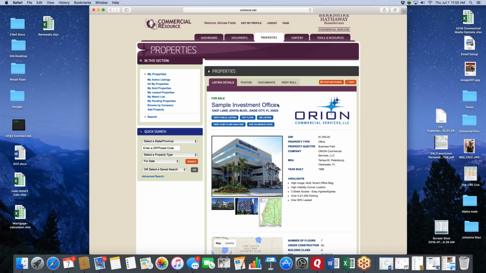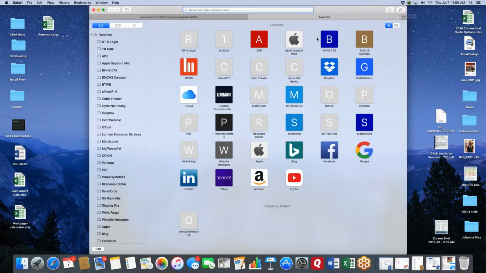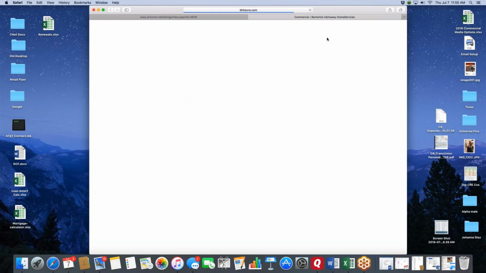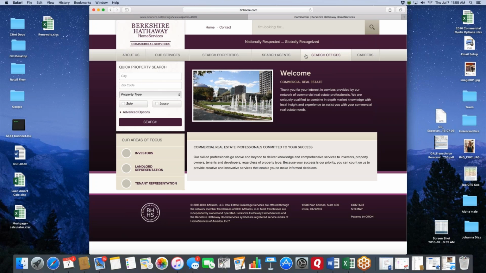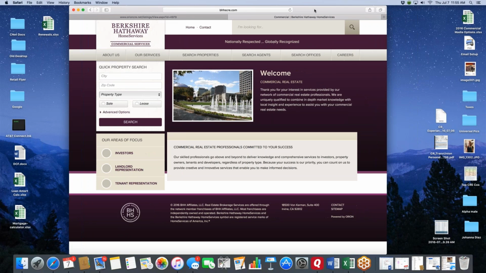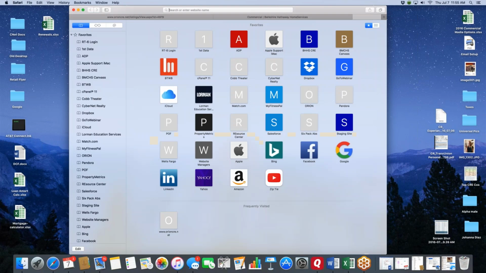So we've talked about entering a listing, uploading photos, attaching documents, and adding a rent roll. Now let's look at the property from the public's perspective. The public website is bhhscre.com. That's where it's going to show up. It will also show up if your company uses the local public site. So let's go to